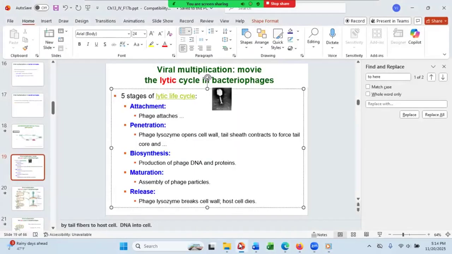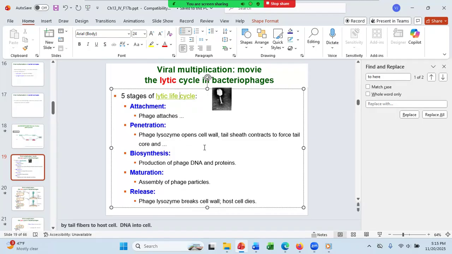So there are 5 stages to the lytic life cycle. First, there's attachment, then there's penetration, then there's biosynthesis, then there's maturation, and finally the last stage is release. In attachment, the phage literally attaches to the bacteria cell that it's going to infect. Penetration is opening up the bacteria cell so that the viral genome can be injected into the cell. And the phage actually uses the enzyme lysozyme to make a real small hole in the cell